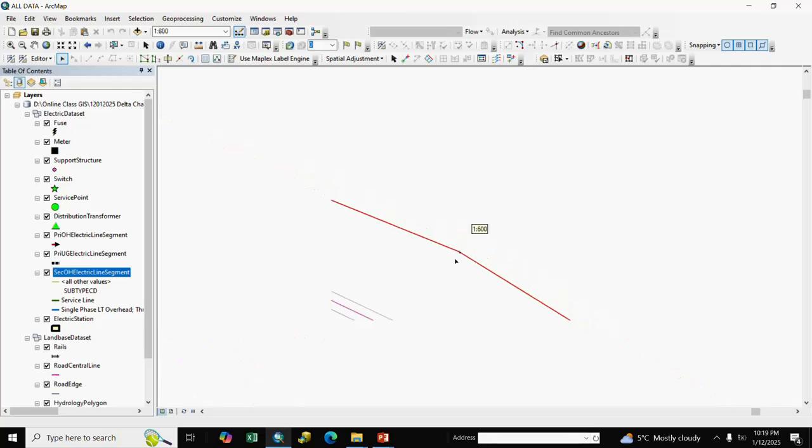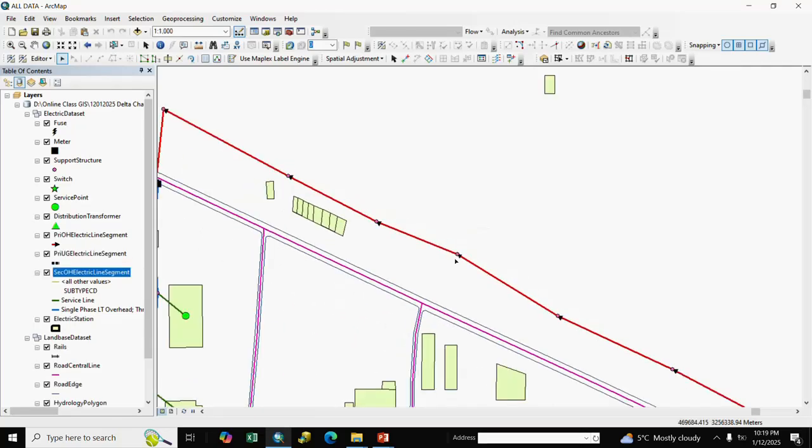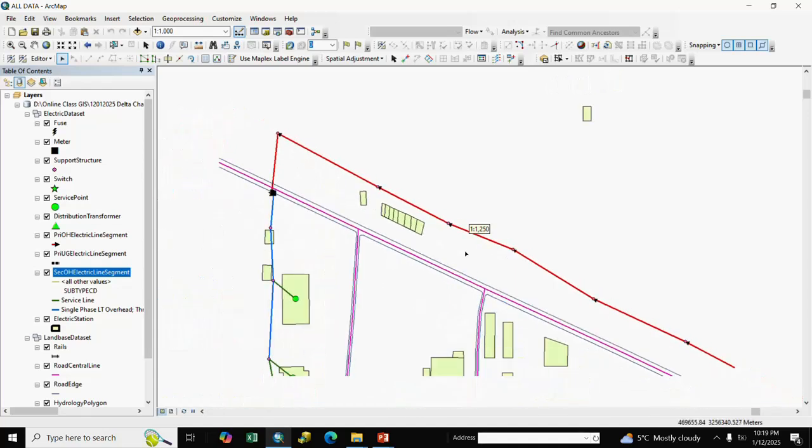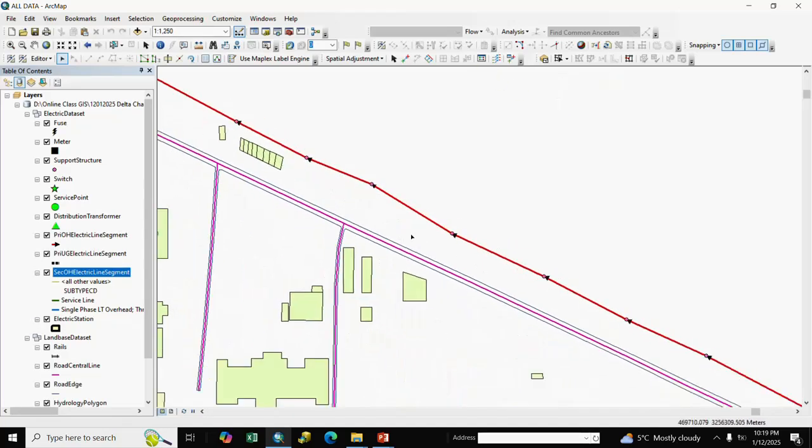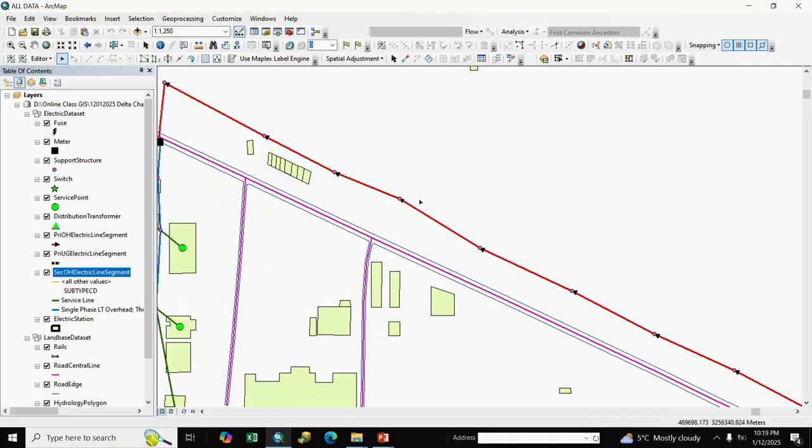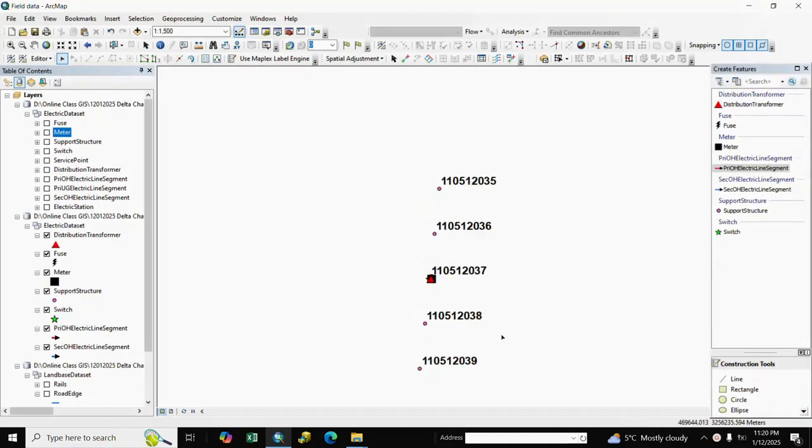If you want to delete any feature, you follow this type of process. It is very important. Now for insert: here is our GPS data that we collect in the field.